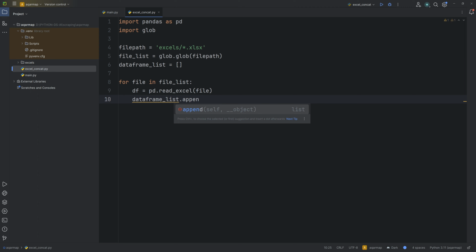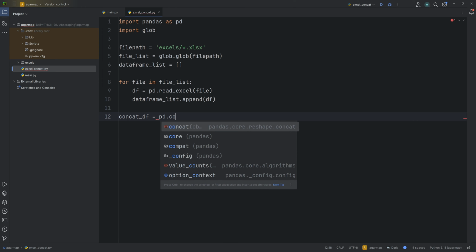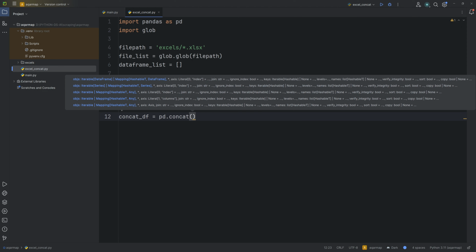Now we get the list of the data frames for every Excel file in this data frame list. Now let's concat them into just one data frame. Concat data frame will be equal to pd.concat. We are going to use this function here, and I'll paste the data frame list, and we are going to set the ignore